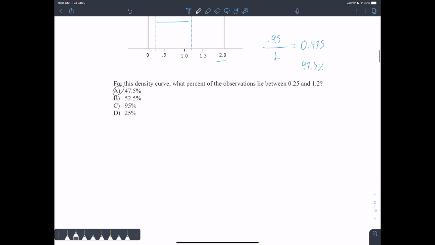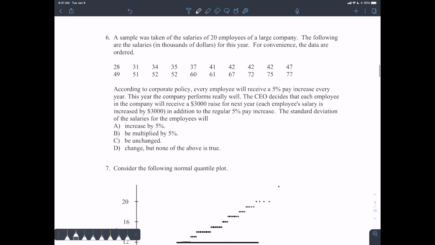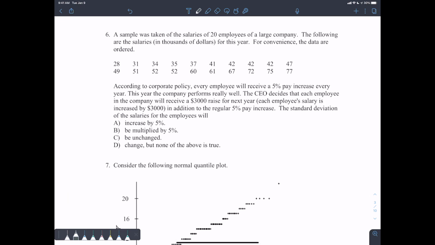All right, question 6. So a sample was taken of the salaries. It doesn't really matter. So you have 2 different changes to this data set here. The first change is that